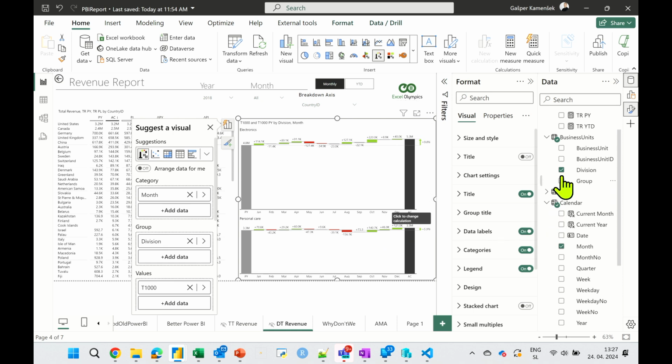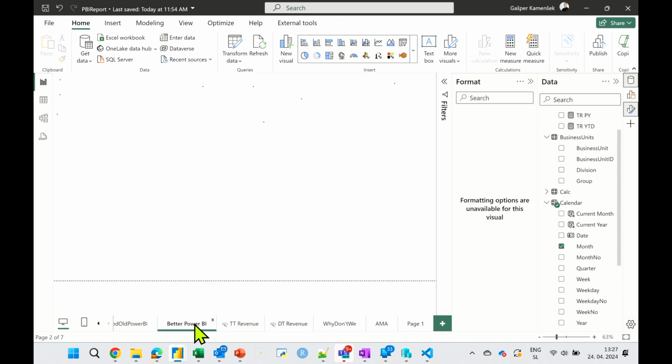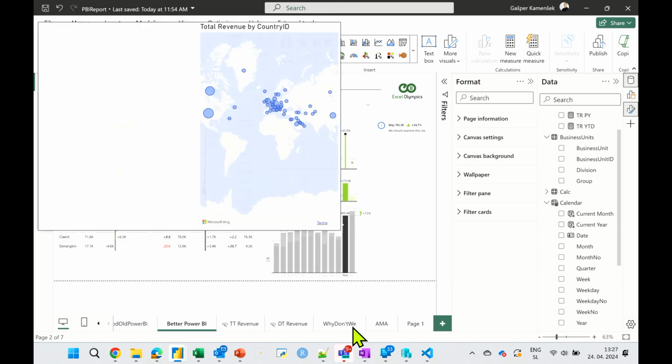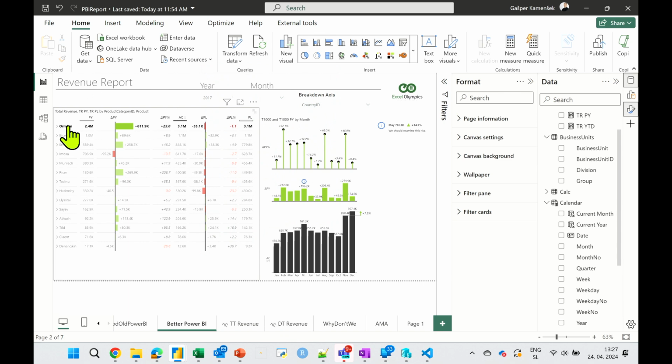I could do so many things, and it's all already, if we think about it, this is already IBCS. So it's business reporting as it should be, with everything that I showed you before. So this filters everything else, right? If I click it, it filters this. If I click this, it filters that. So I got those things working. Then there's another thing I can do, and that should sort of blow your mind.